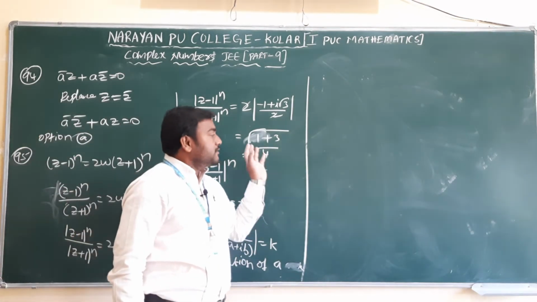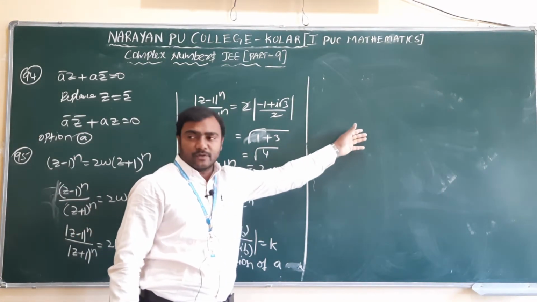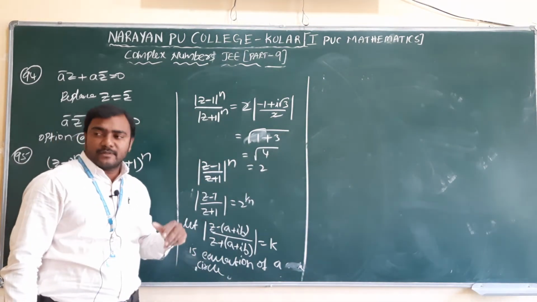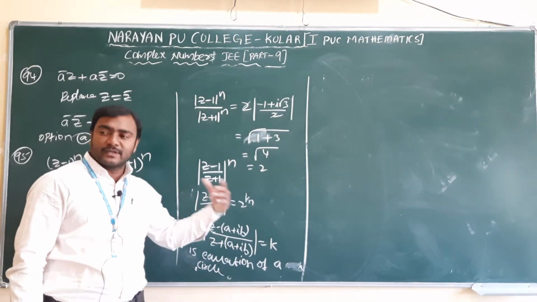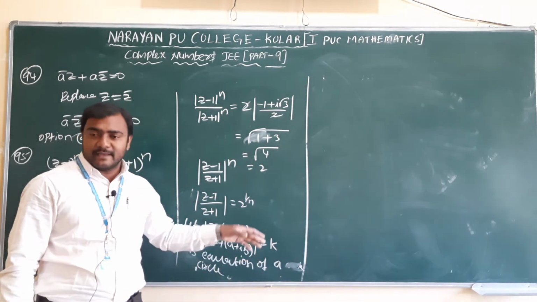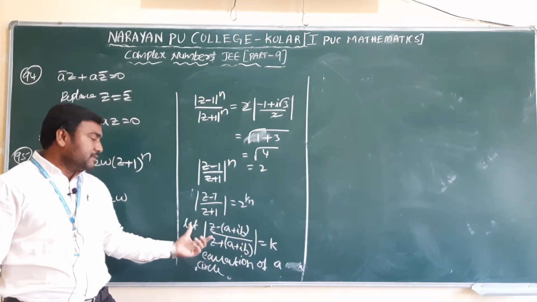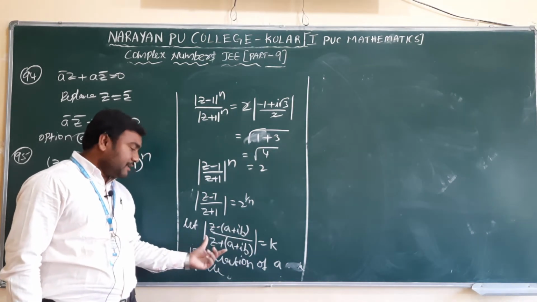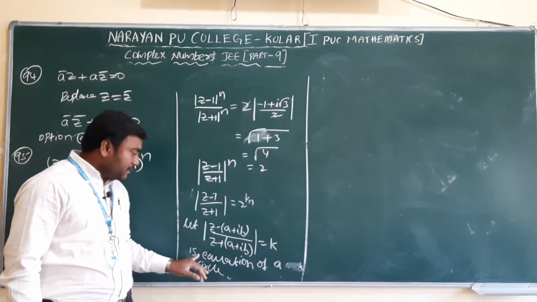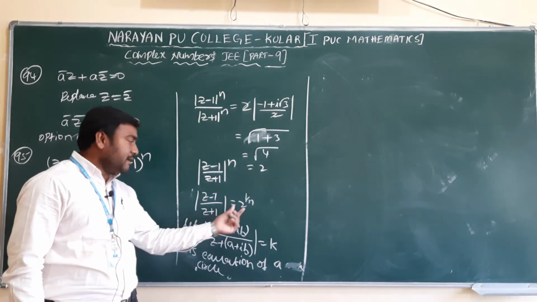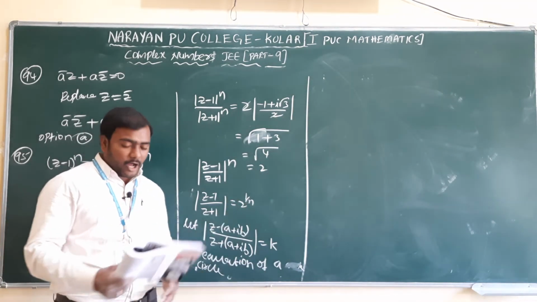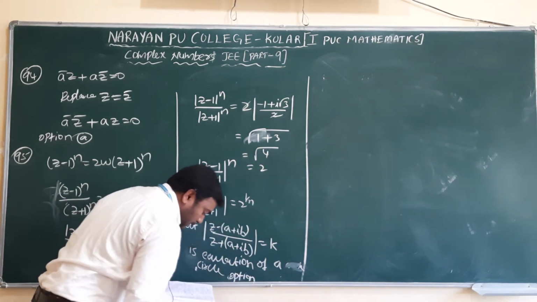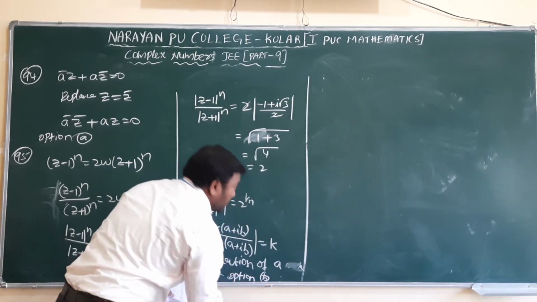If you substitute the value of z as x plus iy, it becomes a lengthy process. So let us remember this formula, which I already discussed yesterday. Modulus of (z minus a plus ib) by modulus of z is equal to k. That is the equation of a circle. We already discussed this in yesterday's class. Here also it is the same thing, and we have to remember this one. Modulus of (z minus a plus ib) by (z plus a plus ib) is equal to k. It is also an equation of a circle. Here 2 power 1 by n is a constant. So option B is the correct option.